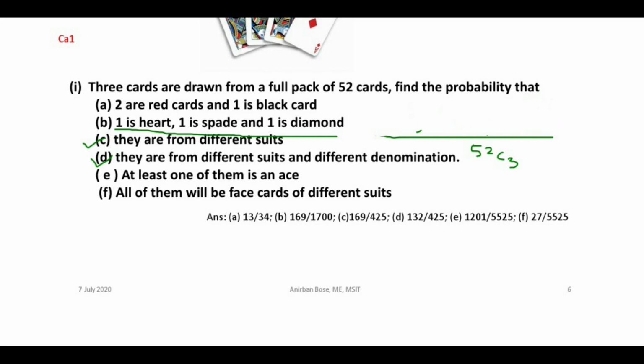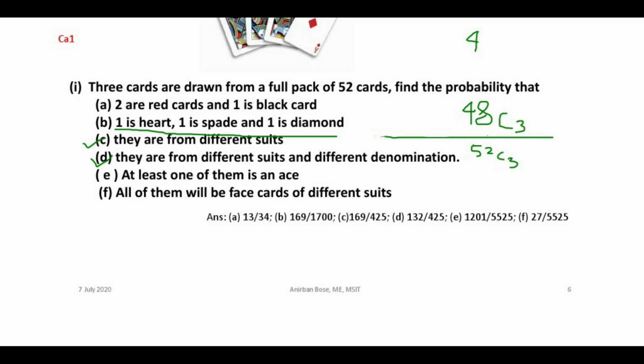So here also you can solve this problem considering just the reverse, that means the complementary event. That means let us find out the probability of the event that there is no S. How many S's are there in total in a deck of cards? 4 S's. There will be no S means all these 3 cards will come from those 48 cards. So that can be done in 48C3 ways.